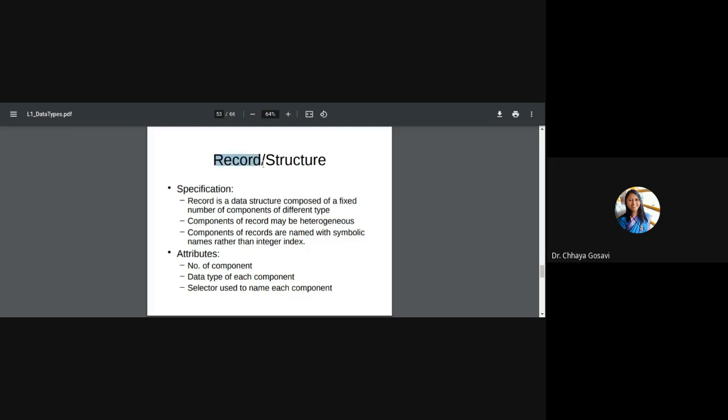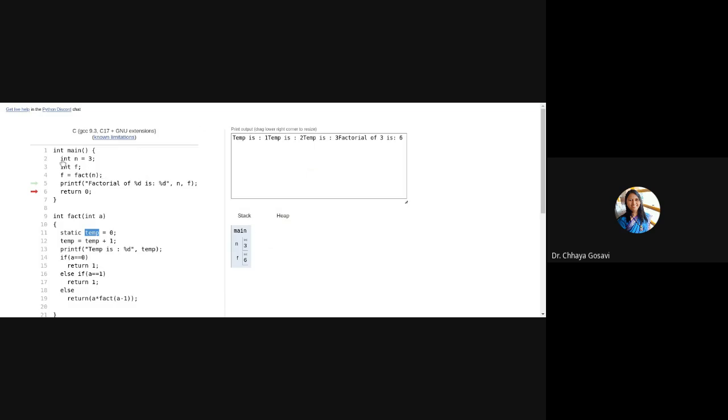Heterogeneous data structure is called a record or structure. In Pascal, there is a keyword called record. In C, C++, we have the keyword called structure. So let me explain a small code with a structure first. You have studied structures in C language. It is similar to a class, but a class has data and methods clubbed together. Structure is a class without functions. You can create a user defined data type. Structure is called a user defined data type.